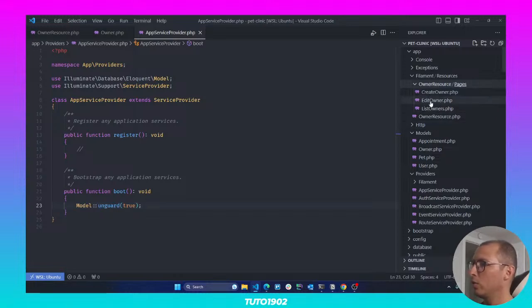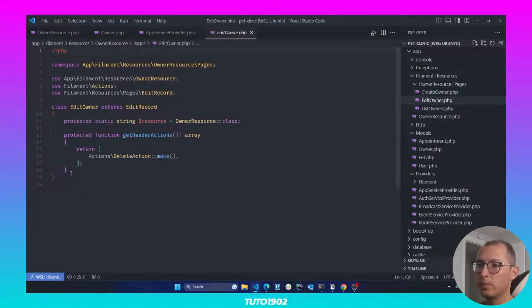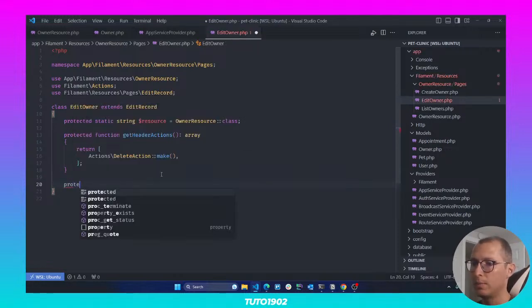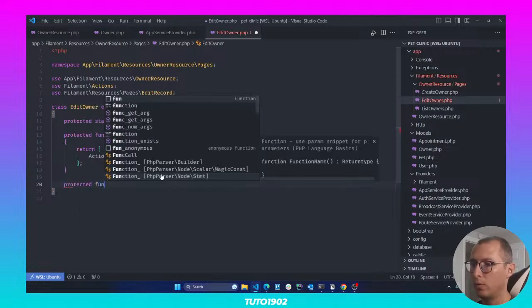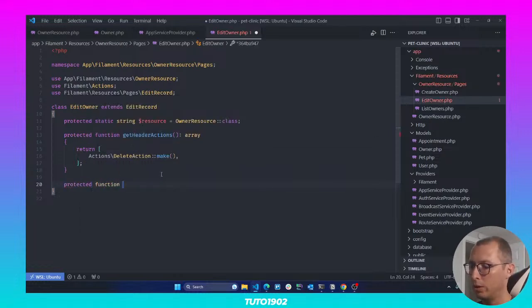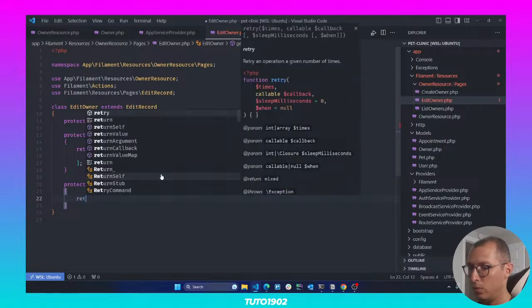So if we go into the edit one, for example, we can create a new protected function called getRedirectUrl, and here we return a string that is the route that we should be redirected to once we complete the action, whether it's create or edit. So let's return